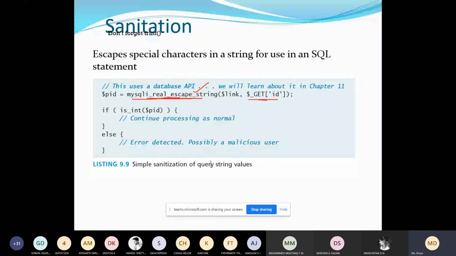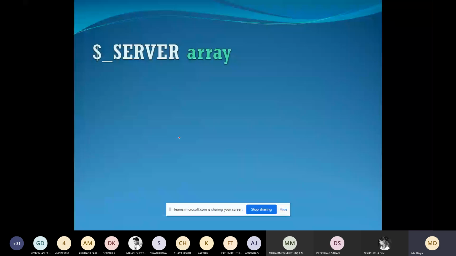This uses a database API. We will learn about this in chapter 11 in detail. This is used for checking any incorrect data or any field with special characters before uploading to the database.